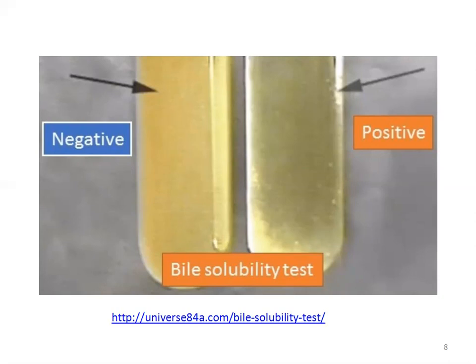You must consider that some strains of Streptococcus pneumoniae are not dissolved by the bile salts, and very occasionally some strains of viridans streptococci give a positive test. So there could be some irrelevant results. You must consider these results as well, or you may perform other tests for the confirmation.